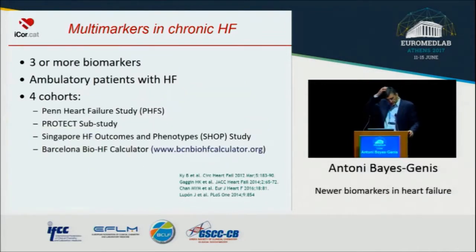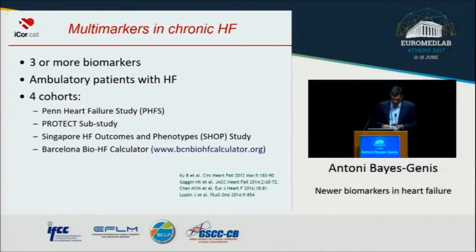So what do we have at the present time? As far as multimarkers in chronic heart failure, we have to bear in mind that natriuretic peptides, BNP or NT-proBNP, are always going to be there, because this is our standard biomarker. So I looked for papers that had 2, 3, or more biomarkers in ambulatory patients with heart failure, and we have at the present time 4 good cohorts that are well characterized, and they fulfill all these stringent criteria I just told you before. And this is the Penn Heart Failure Study